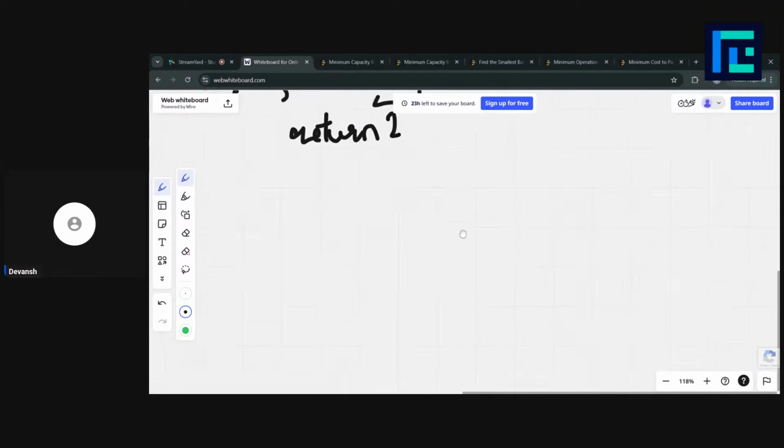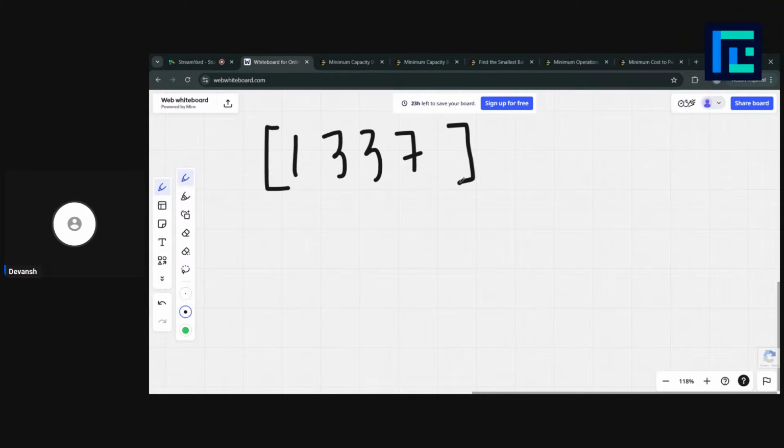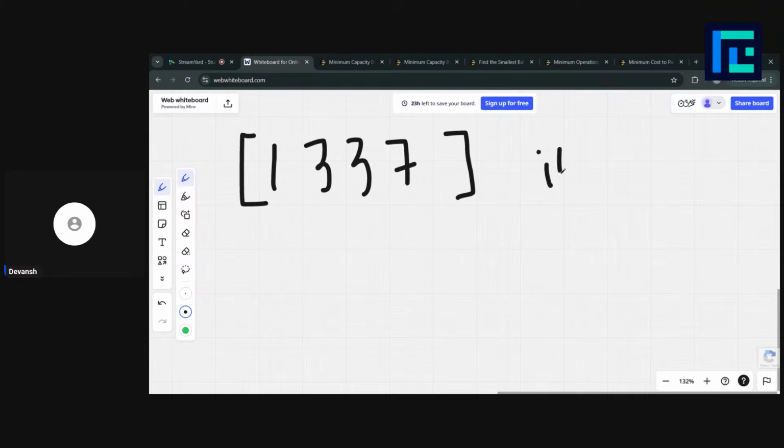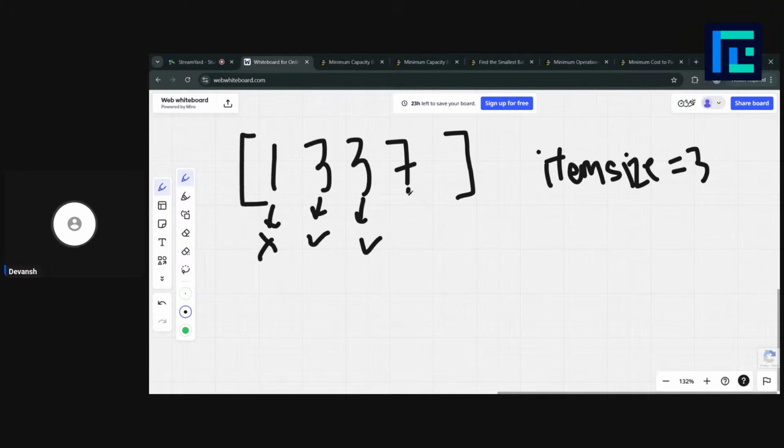Right. Now let's just take one more example. Let's say we had the capacity like this. Right. And again our item size is equal to 3. Now, can this box hold the item? No. Can this box hold the item? Yes. Can this box hold the item? Yes. Can this box hold the item? Yes. So this was our first